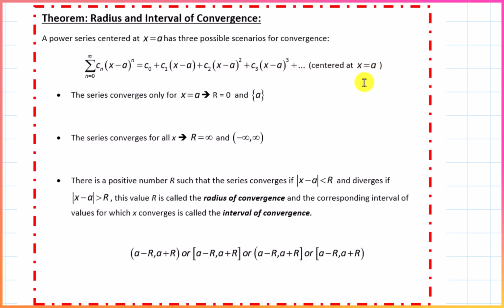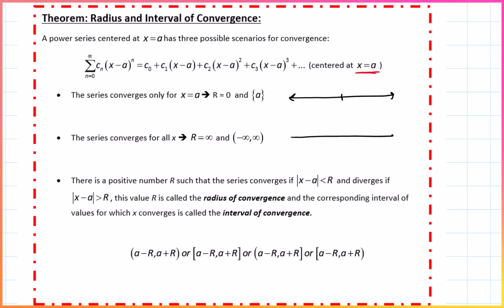These series are what we say are centered at x equals a, and therefore will converge for certain values of x on what we say is an interval of convergence, which has a radius equal to r. So that's our definitions, and we have three distinct possibilities when we are centered at x equals a. If we are centered at x equals a,